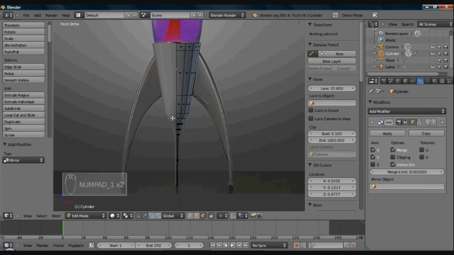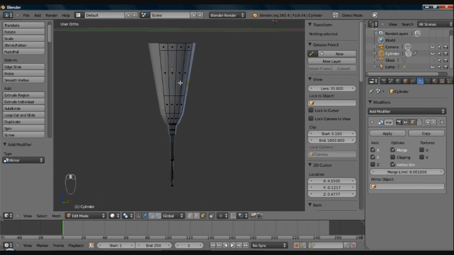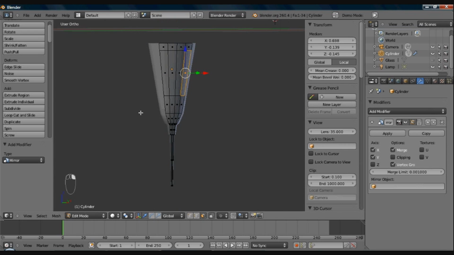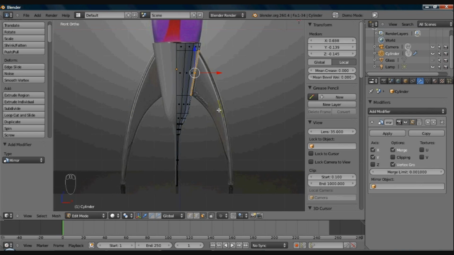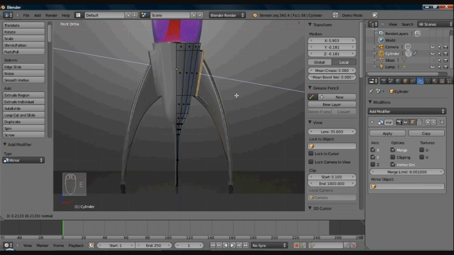Now we'll go back and hit 1, and we want to select a face here. Let me select this face here. I hit 1 again. And this time, we're just going to hit E to extrude. And I've got that line there, and that's the